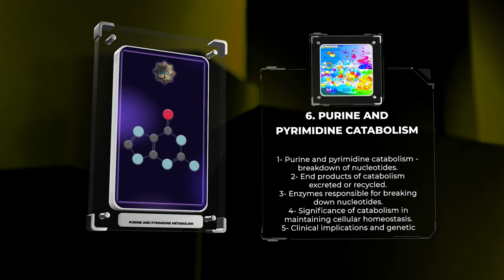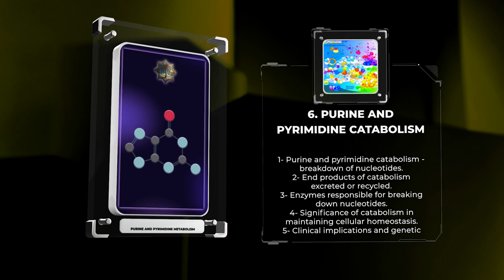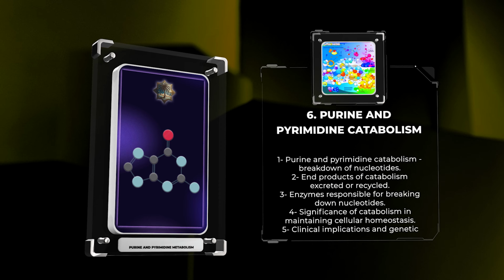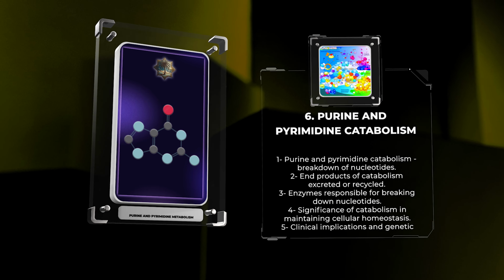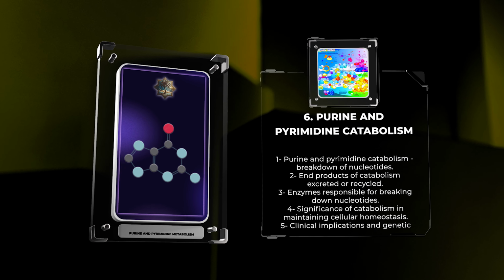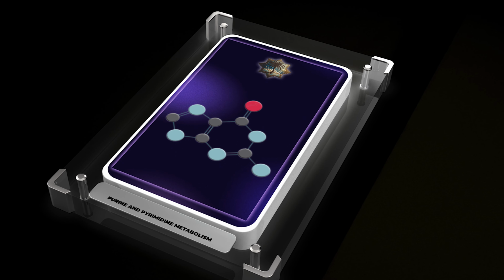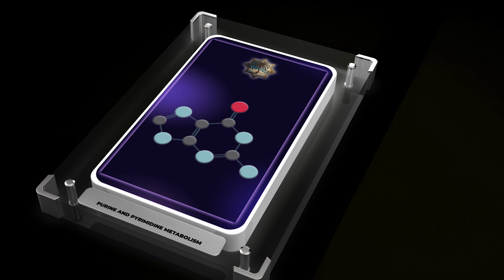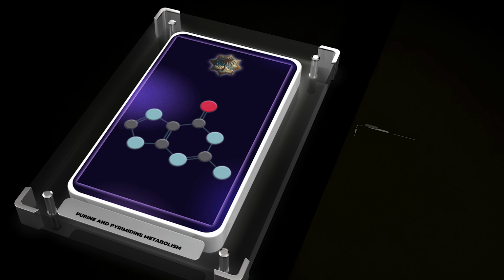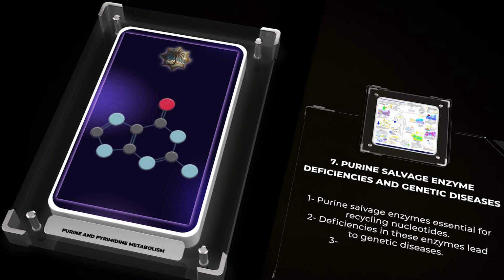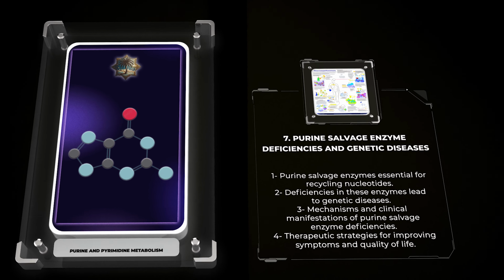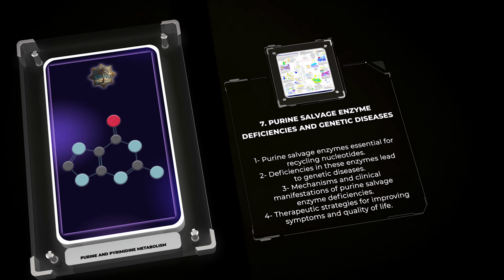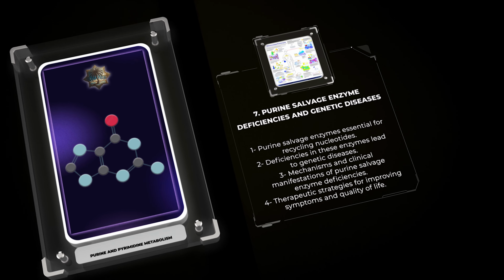Speaking of disruptions, deficiencies in purine salvage enzymes can lead to severe genetic diseases. Let us now explore the disorders associated with purine salvage enzyme deficiencies in our next topic. Purine salvage enzymes are vital for the recycling of nucleotides, ensuring the availability of purine building blocks for DNA and RNA synthesis. Deficiencies in these enzymes can give rise to a spectrum of genetic diseases, such as Lesch-Nyhan syndrome and